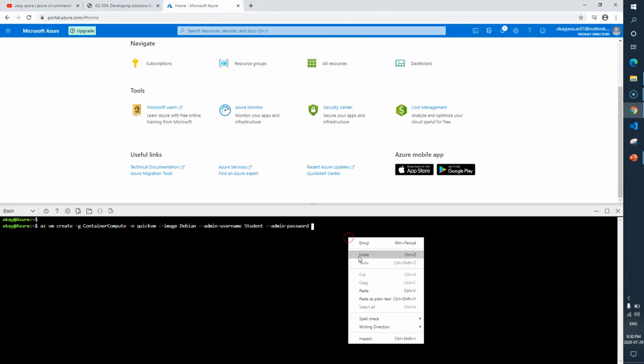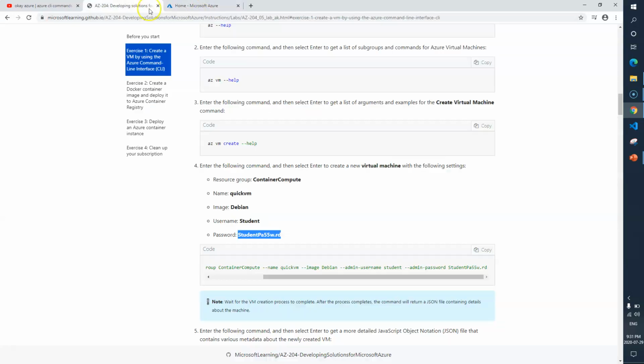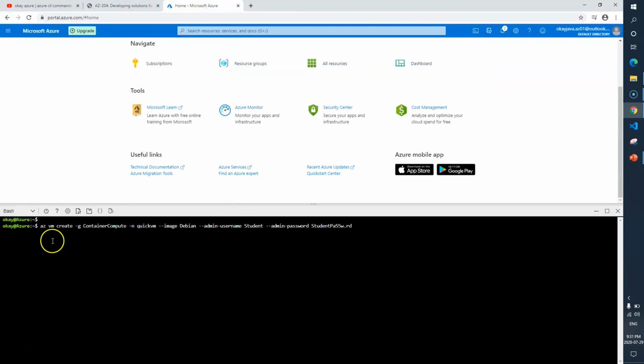I'll paste this one as it is here. Let me just go and verify. Okay, so we are good. So here is the command to create a virtual machine using Azure CLI. az vm create, here is your resource group, then your VM name, image or operating system actually, admin account student, and the password is this one.